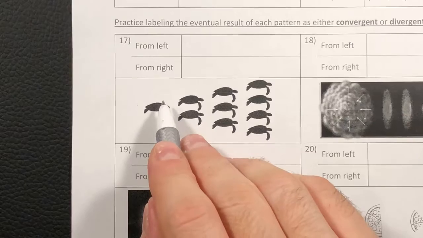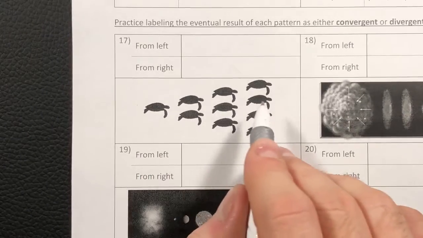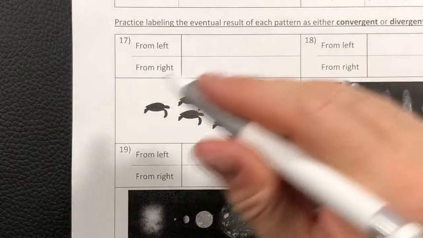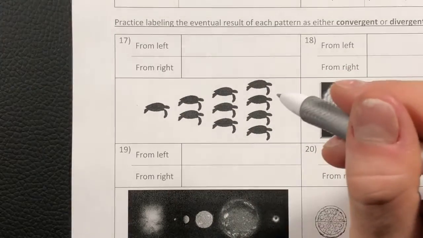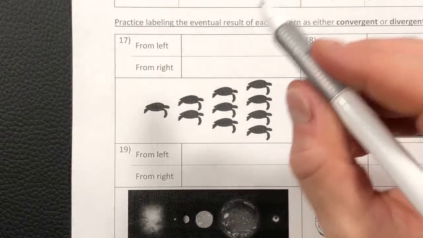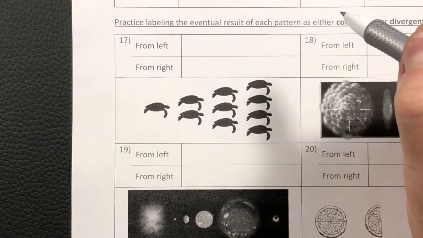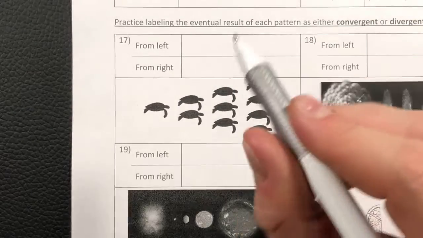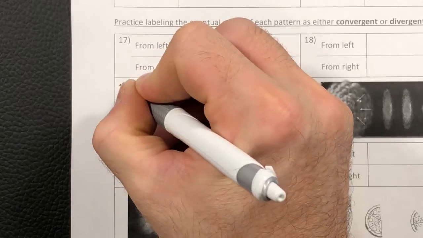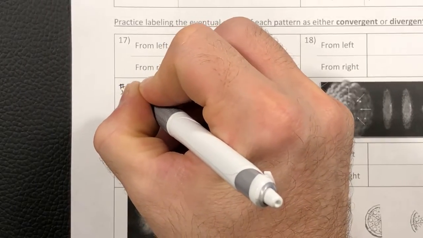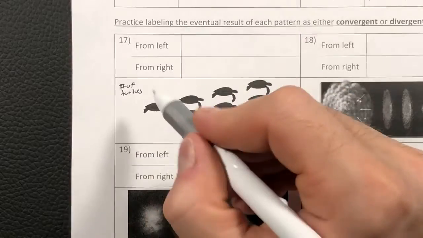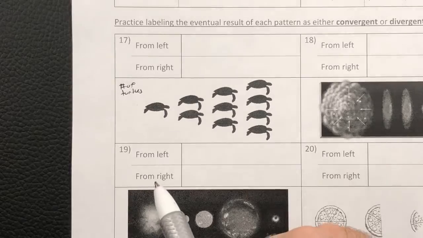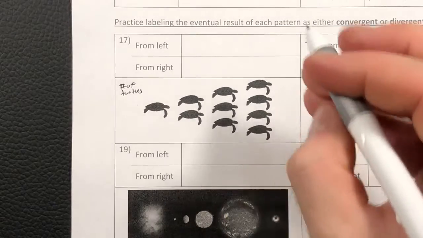And the turtles are going from left, from 1 to 2 to 3 to 4. Now, this pattern right here is going to be more linear in nature, so it's not going to be the most true to our definitions, but these values are getting greater towards infinity because 1 to 2 to 3 to 4 is getting larger if we go with the number of turtles. And I'm going to ask that we write down something right here that denotes what we're measuring, the number of turtles. So from the left, the number of turtles is going towards infinity,